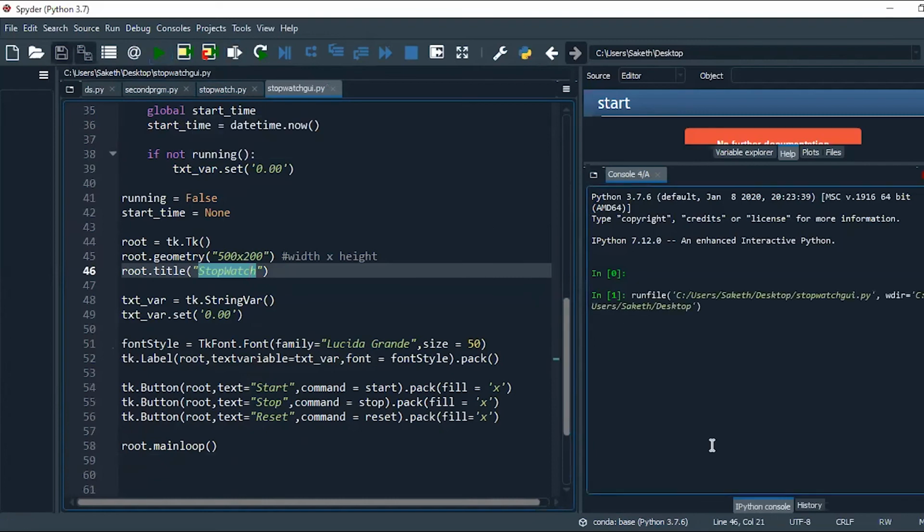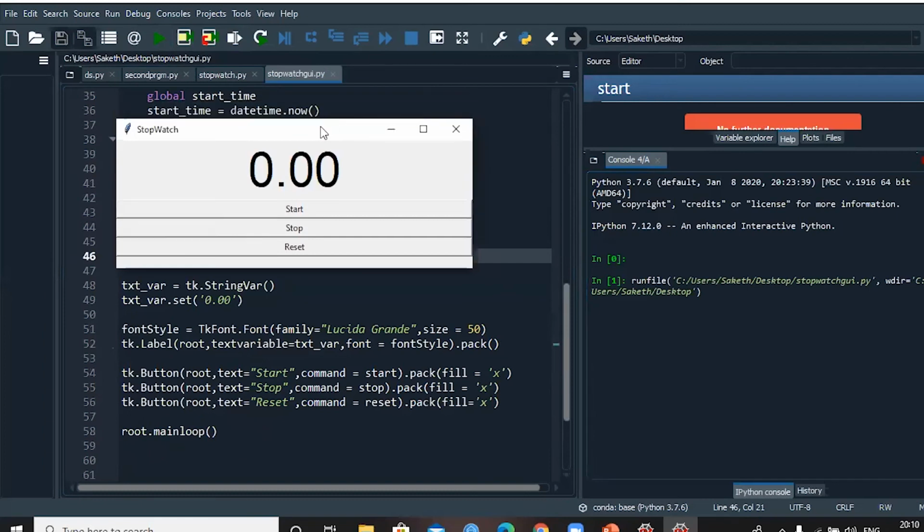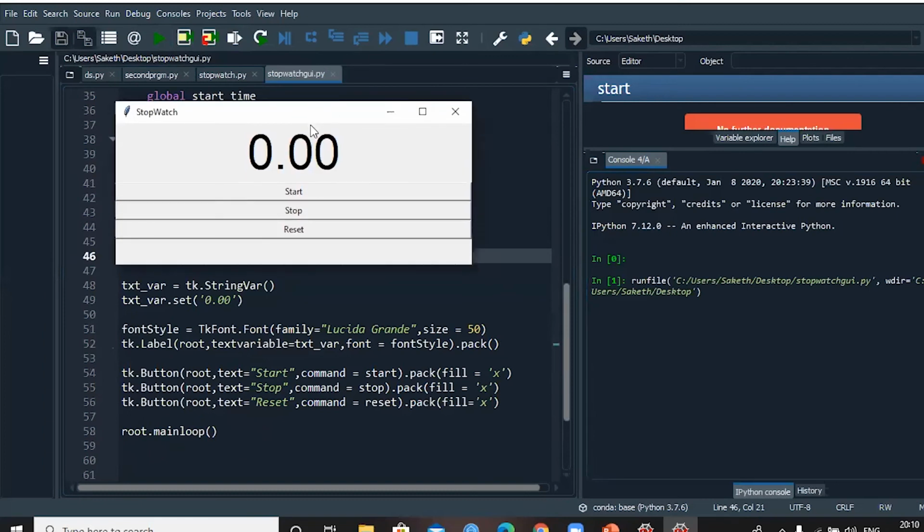You can see you are getting a window over there. When you run, you get a window. And just a minute, I'll share my screen so that you can see. Yes, now you can see the screen displaying a stopwatch. When you click on start, it starts. When you click on stop, it has stopped. When you reset,